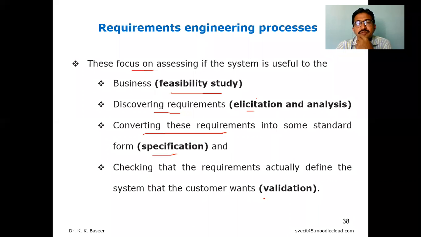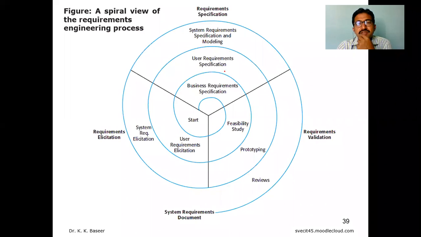And finally, in the last phase we have to validate whether what you are giving in the SRS is satisfying the needs of the customer or not. That you do in the last phase, that is validation. So simply, it has four different phases. The phases are shown as a graphical representation. Let me talk about this.